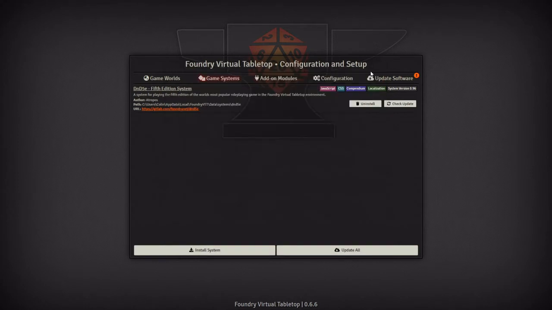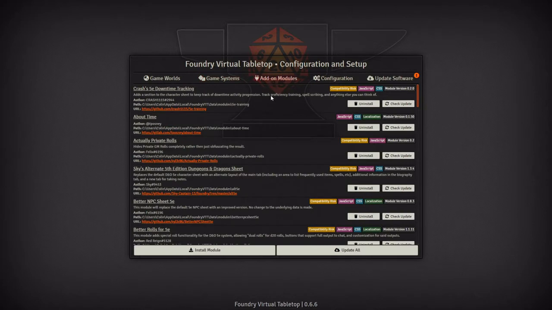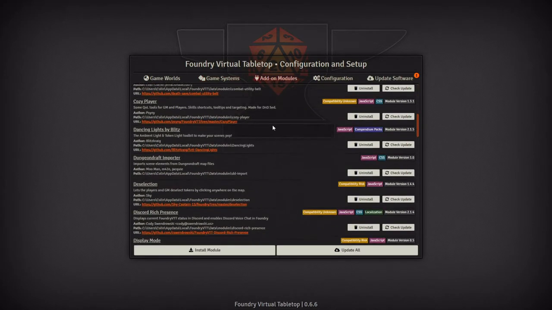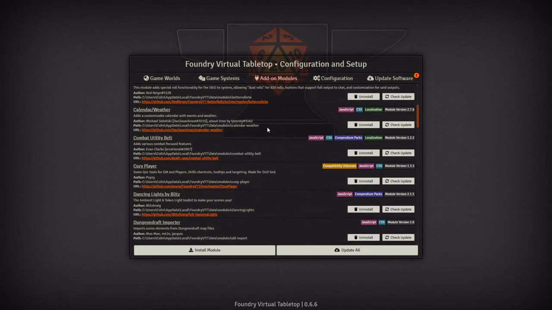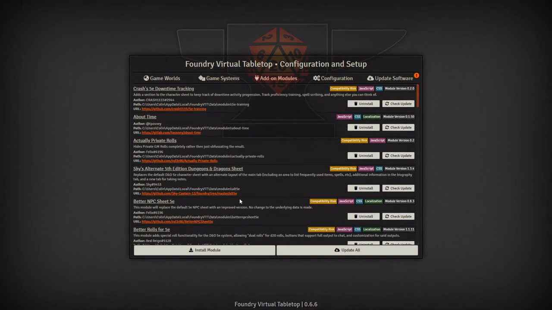Once that is done, you simply click the next tab, which is the add-on modules. I have quite a few. You probably won't need all these right away. The only ones you will need are the Pokemon 5e modules. All you have to do is click the install module here,